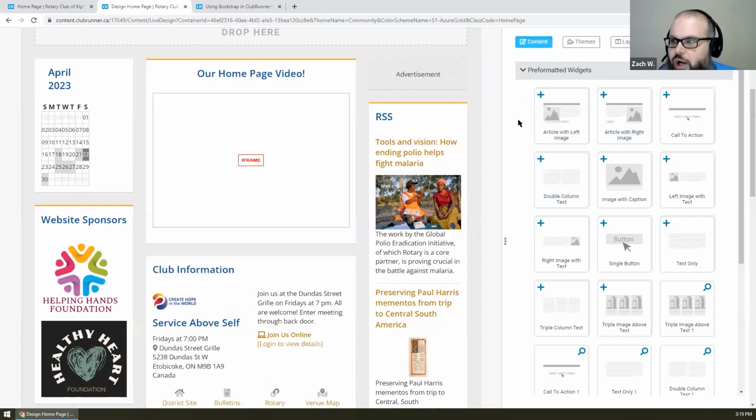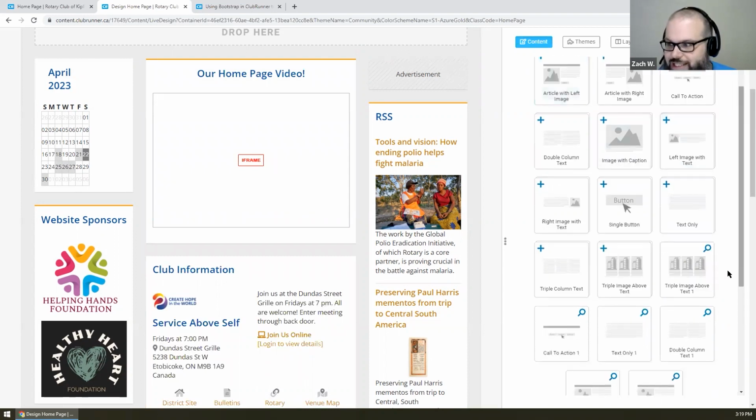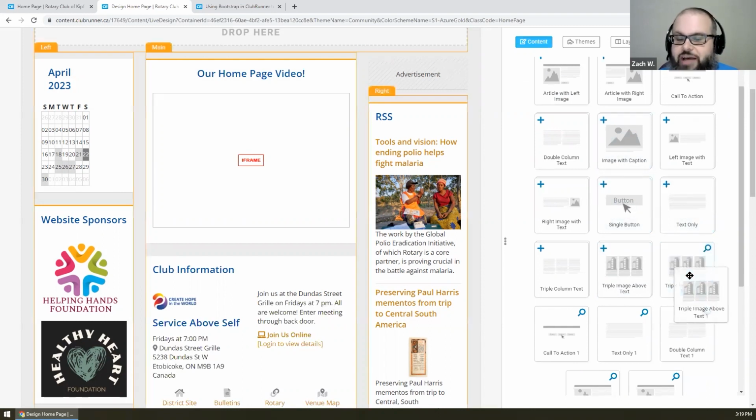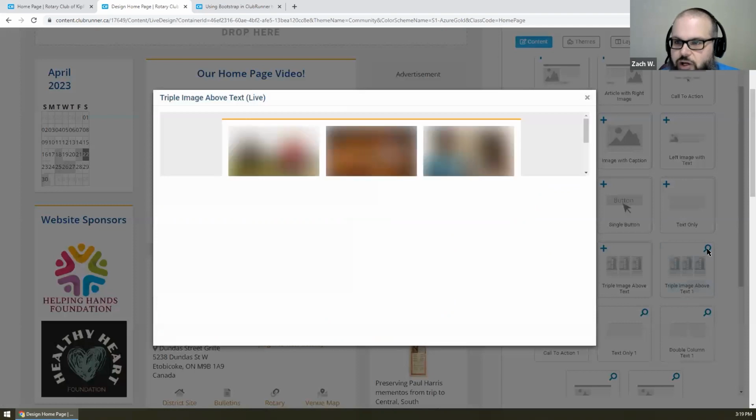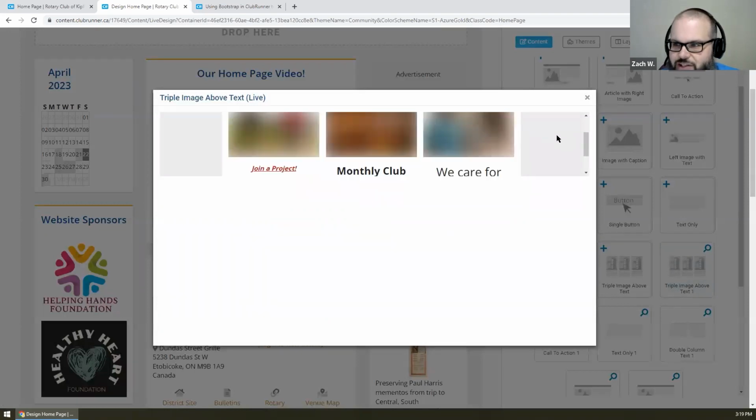Some general widget UI information to be aware of. Anytime you see a plus on the widget, you are creating or adding a new copy of that widget to the page. If, for example, you see the magnifying glass in the case of these pre-formatted widgets, this means this widget has already been created and in theory should have some content associated with it. We can see whatever that is by hovering over it and clicking on the magnifying glass, though I see a